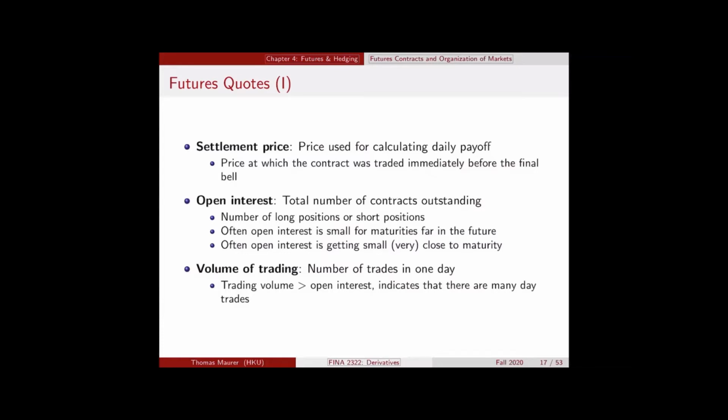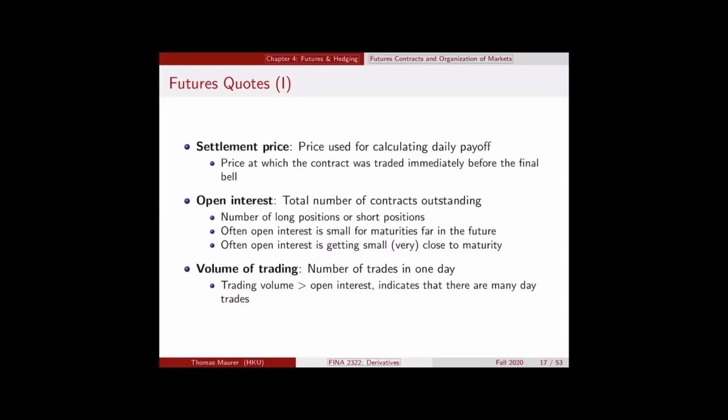Moreover, we see that open interest becomes very small as you get very close to the maturity date, and that's especially true for contracts which have physical delivery of the underlying asset at maturity, and most traders don't actually want to physically deliver. The last thing is trading volume, and trading volume measures how many positions are opened and closed